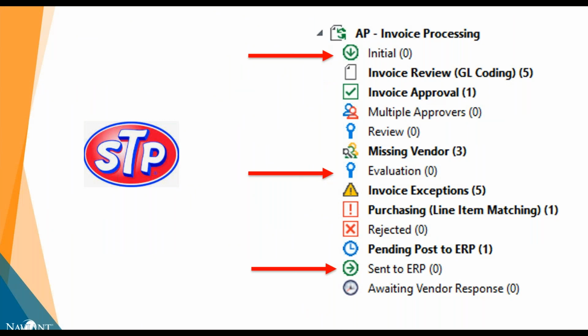But the term that probably makes more sense in this context is straight through processing. This describes a process where the workflow has all the information it requires to move an item from beginning to end without stopping for user input. In this case, we have an invoice that comes into the workflow, it gets sent to an evaluation queue, and the logic in that queue determines that the item can be directly sent to the ERP for posting. Some people might call this the happy path, right? The path of least resistance, the path that needed the least amount of human interaction.